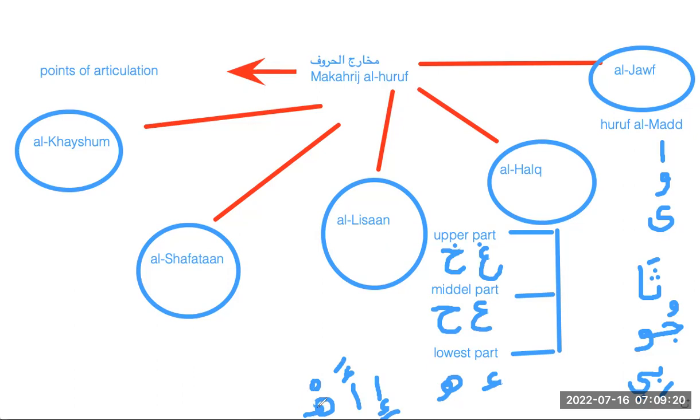Let's say if it is fatha, we say a. Are you with me? You're noticing the difference, right? So if it is sukun, we say